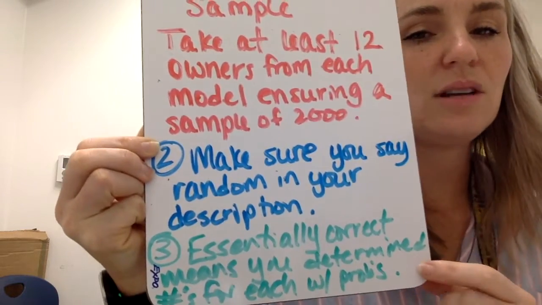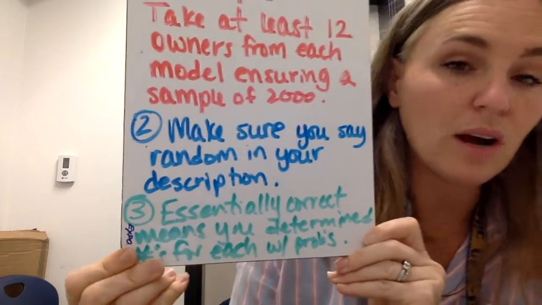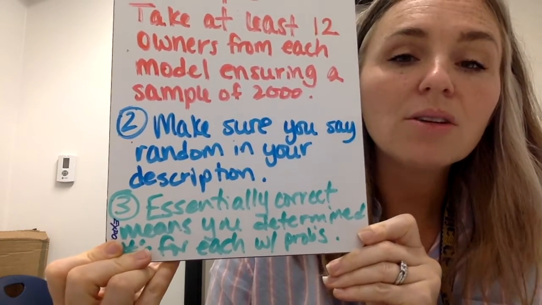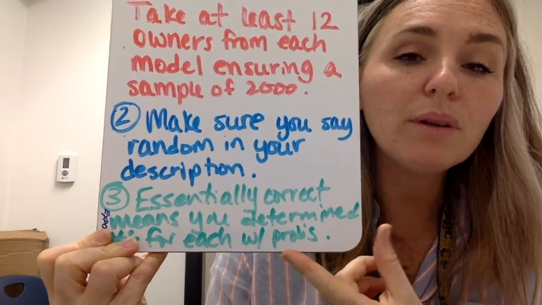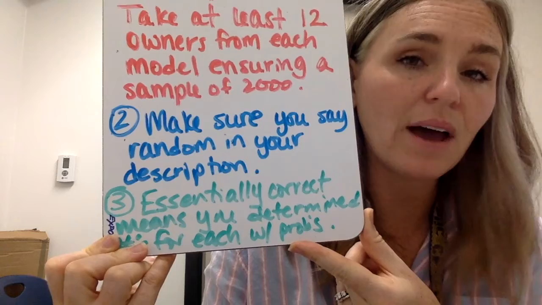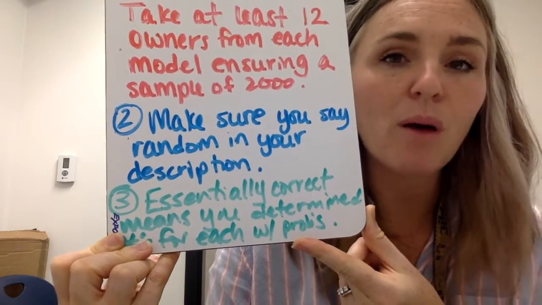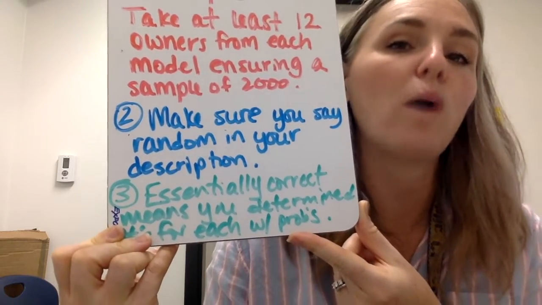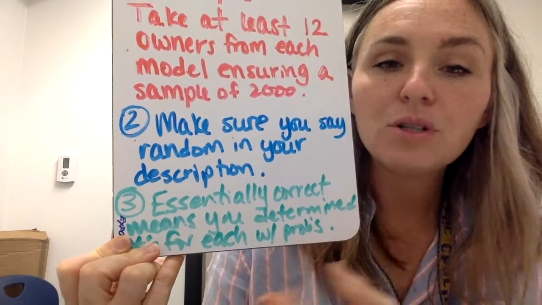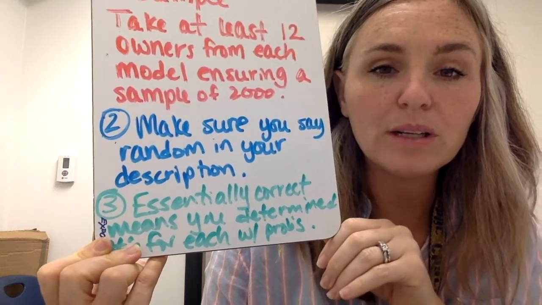And then last, and this is the part that I actually didn't do when I answered this question at first, is to get it essentially correct, you actually need to go through with probabilities and determine how many people you would need from each group to get 2,000, okay? Keeping about the same probability, making sure D and E have at least 12. So in there, well, I don't have it pulled up anymore, but you can actually go through and determine those probabilities. This is 2010 question number 4 if you want to get